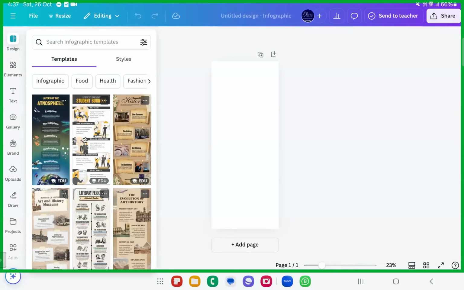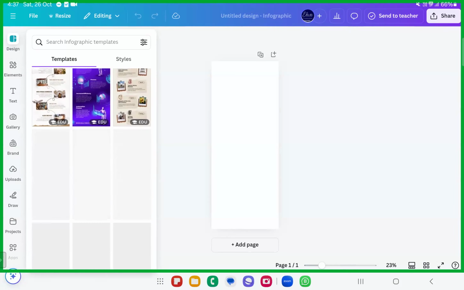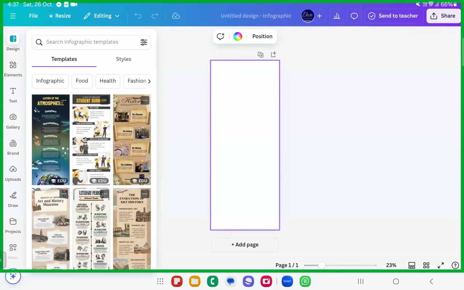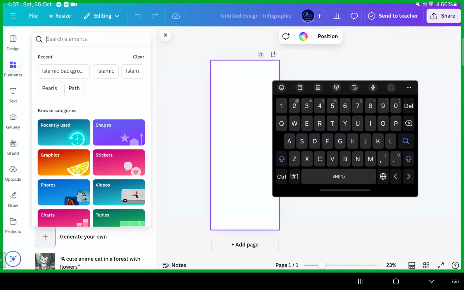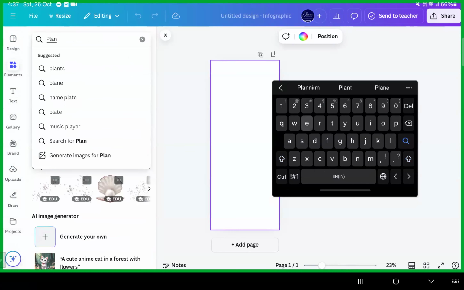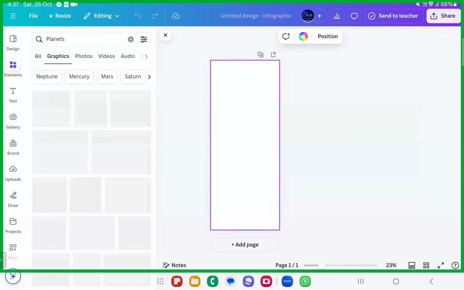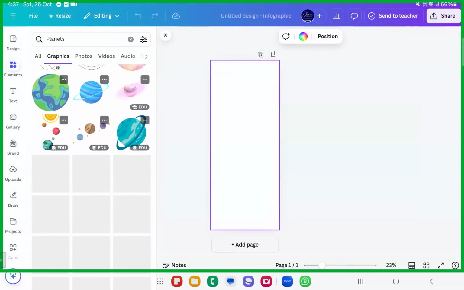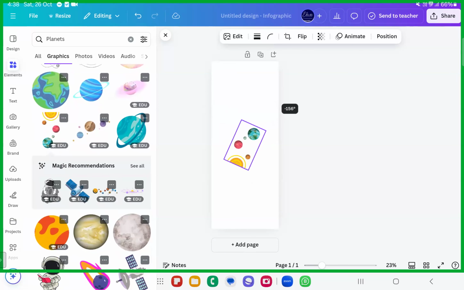Okay, that too very beautifully. Just look into the infographics that are here. Okay, you can even create such infographics so easily. How to create? I'll just show you one simple, if possible. We'll just go ahead with creation of planets in the solar system. Just simply planets will type. Okay, we'll just arrange the stuffs in a straight line. For example, we'll just go ahead with this moon and something like this.